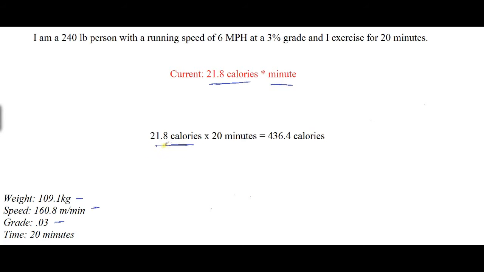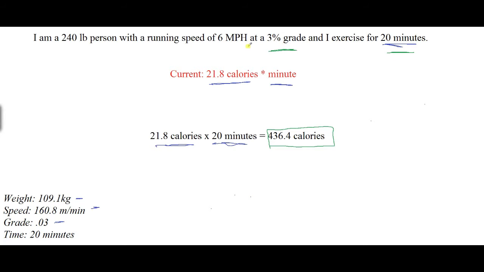We take the number of calories that we expend per minute, and we multiply that by the 20 minutes of exercise right here, and then we get 436 calories, well, 436.4 calories total, and that is the number of calories that you've expended for 20 minutes of